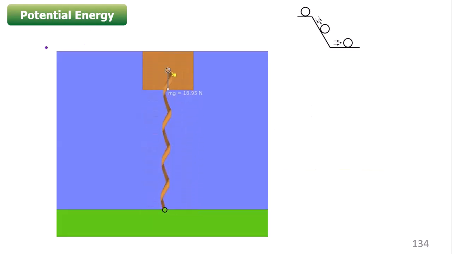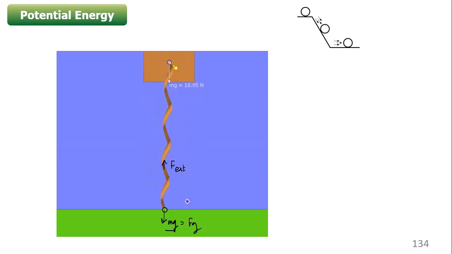First of all, I have to understand. Let us say I am raising a ball, I am moving a body upward. Once I am moving a body upward, I am doing a certain kind of work against gravity. Why? Because gravity on this body is always acting downward. In order to move the body upward, I have to apply a force in the upward direction. So this force that I am applying on the body is the external force, and the force on the body itself is the gravitational force.